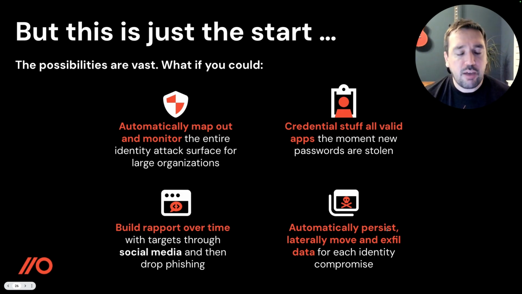At that point, you could have just one human attacker acting like a large-scale red team manager, managing hundreds of these slightly dumb autonomous agents that can do huge amounts of simple grunt work for you, and 100 times your effectiveness and the scale of your attacks. There's really so many possibilities here, I think, going forwards in the identity attack world, and we'll get back to that point. That port scanner and password guesser era of automation in the network space for simple protocols, we're going to hit that again in the complex world of identity attacks and more. With post-exploitation and data exfil, it's going to go even further.